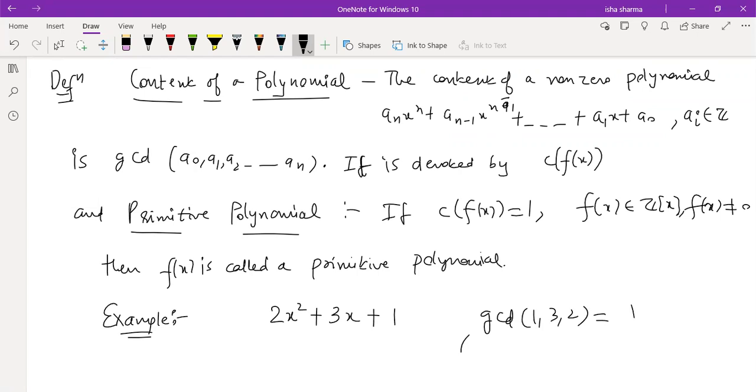It's 1 only. Because 1 तो सबका divisor आएगा ही आएगा. तो content या 1 होगा या 1 से बड़ा होगा. 1 से छोटा नहीं हो सकता. Because 1 is always a divisor. तो 1 से अगर कोई common divisor है बड़ा, सबका common divisor होना चाहिए. It's not like pair में. It should be common divisor of all the coefficients. Then we choose the largest one and call it content. But here it is just 1 only. So this is a primitive polynomial because the content is 1.